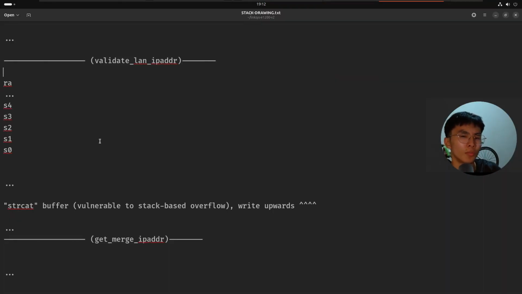A crash alone will not be that useful. As you can see over here, we have a memory diagram of the validate_len_ip_addr function. We can calculate the offset between the buffer that is vulnerable to the stack-based buffer overflow and a special memory address, RA, known as the return address. This address basically controls the next function the program calls right after it exits from the current function. And if we are able to overwrite it with an address, we can trick the program to execute a function